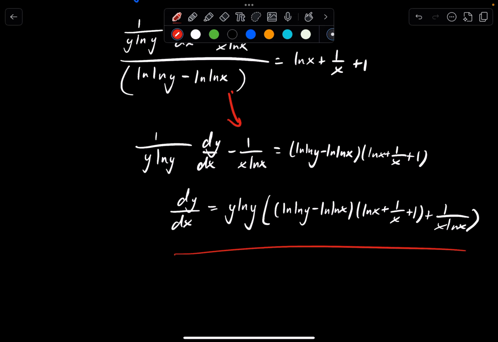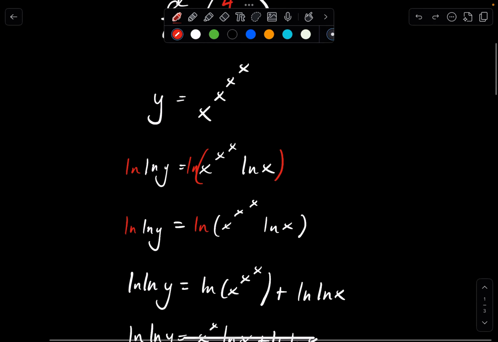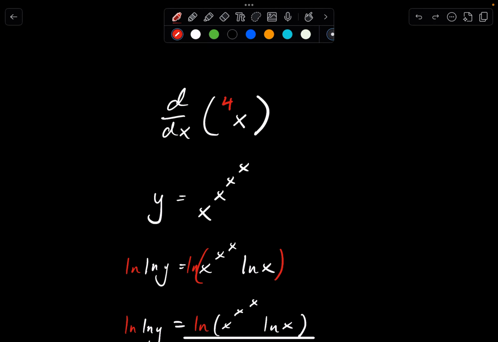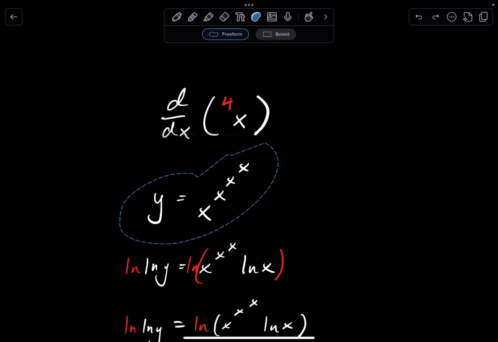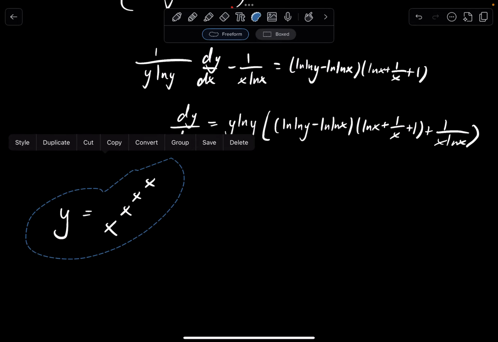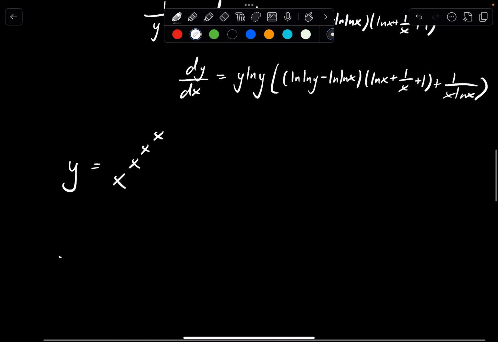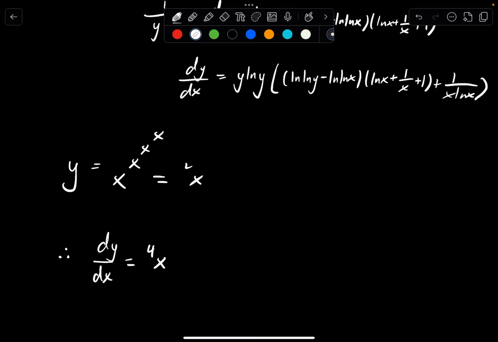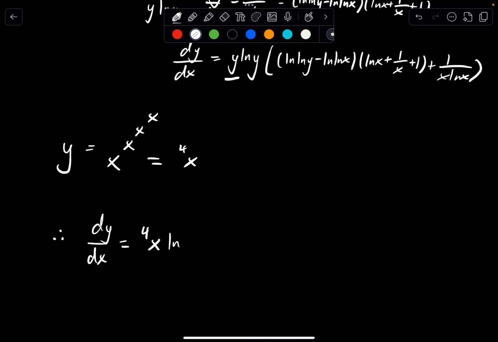So we can leave our answer like this, but if you want to write it in terms of x, then we go back to the very beginning. We said, I'll copy this, y is equal to x to the x to the x to the x. So therefore, dy/dx, ladies and gentlemen, is equal to x to the 4. I'll just write this as x to the 4 wherever I see y. So we have x to the 4 ln of x to the 4